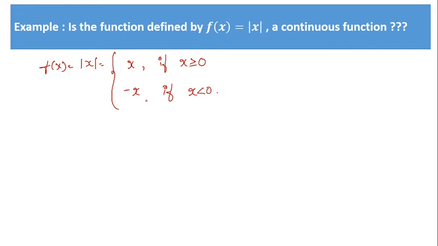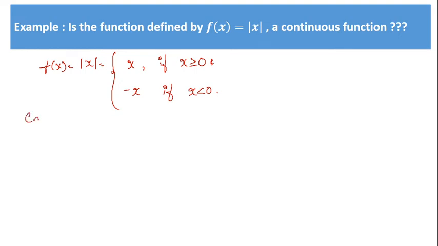So this is how you check continuity for a function defined in this way. Wherever the definition is changing, at that particular point you definitely have to check. Suppose here it was 1, then you should have checked at 1. If it was 2, then you should have checked at 2. So here we have 0. The value of the function differs immediately next to 0 and immediately preceding 0. Correct? So you have to check at x is equal to 0.